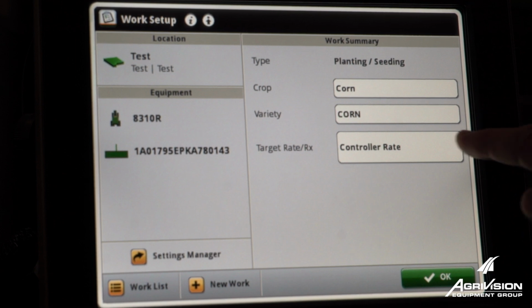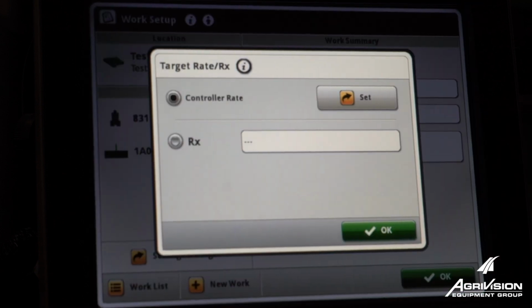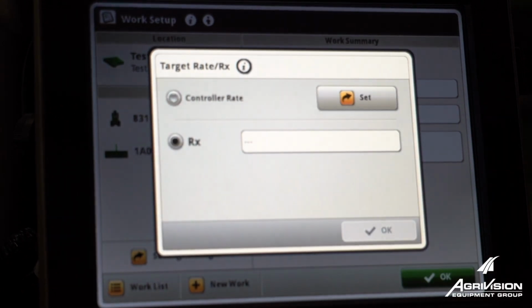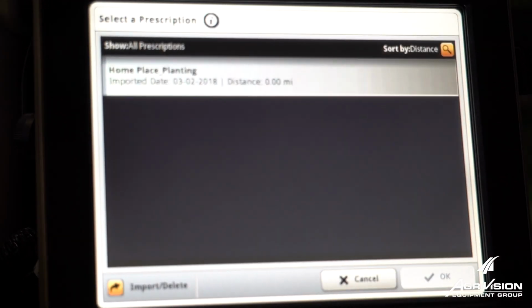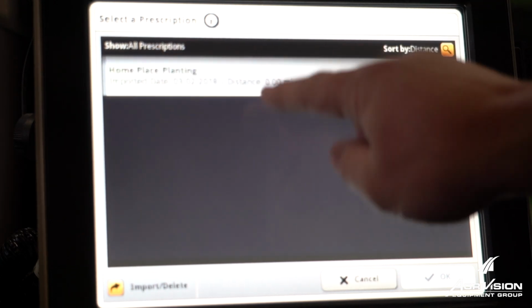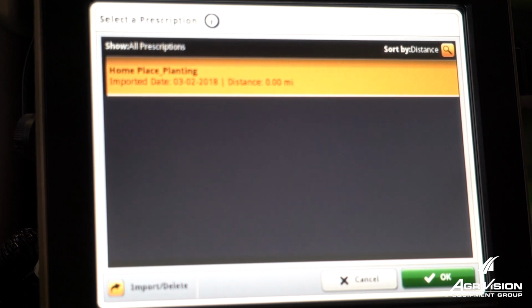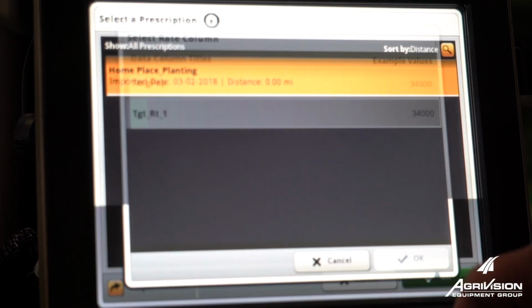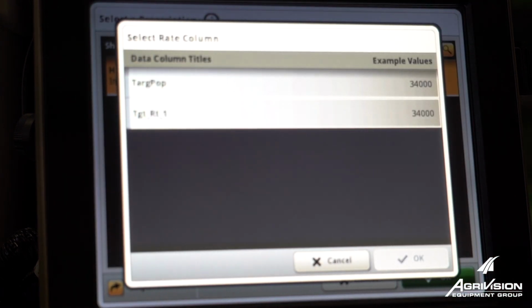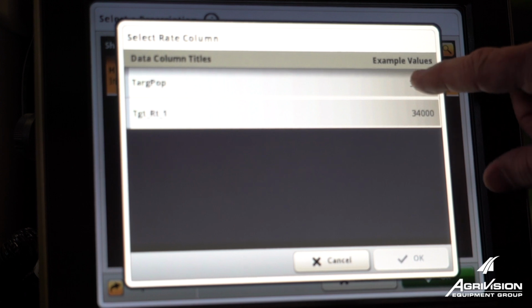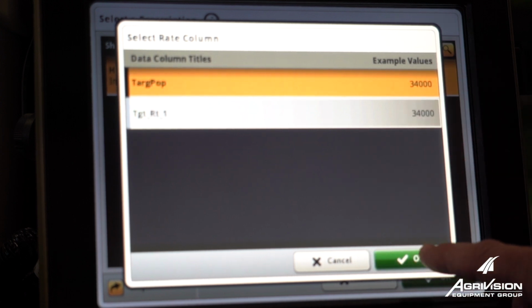And then on controller rate, if we hit controller rate, go to RX, select the button. Now this shows all prescriptions that are loaded. So we'll select home place planting, hit OK. These columns will vary by how the prescription was written, but we're going to select target pop for our target population,